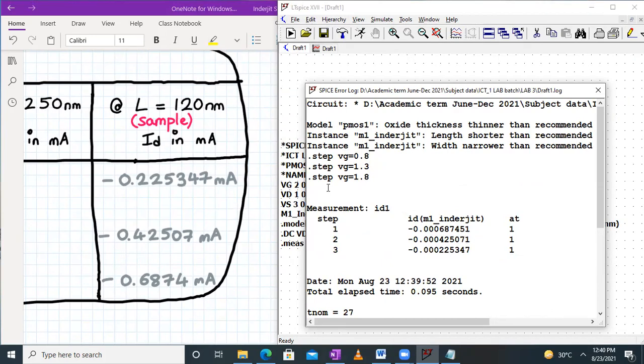And the value of the drain current at Vg equal to 1.8, how much is it? It is 0.225347 milliamperes. That's how easy it is to note down the values using the .measure statement.